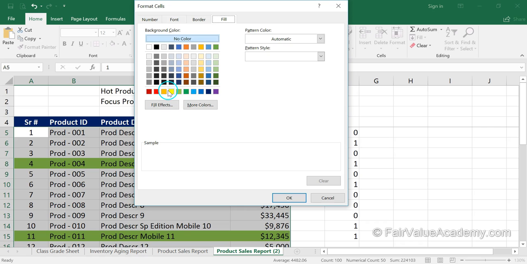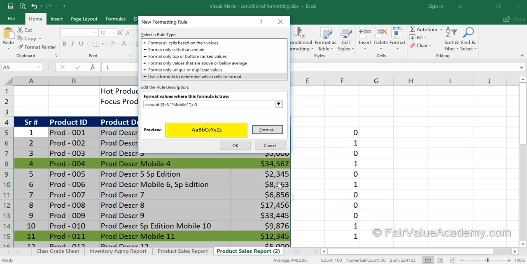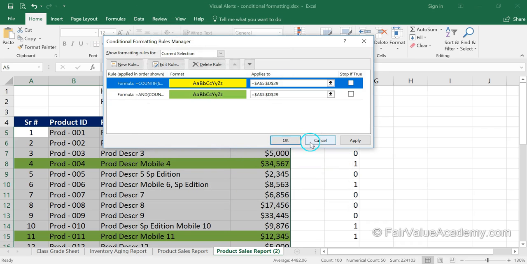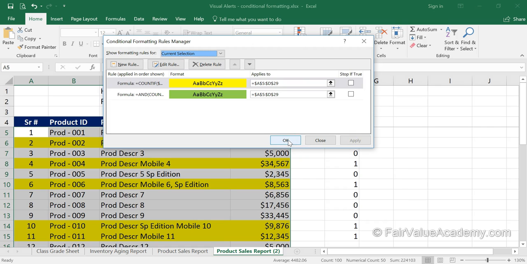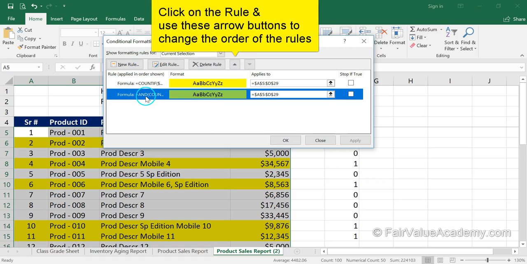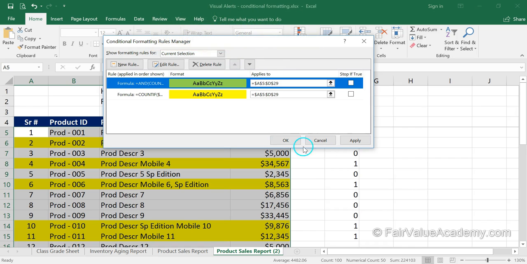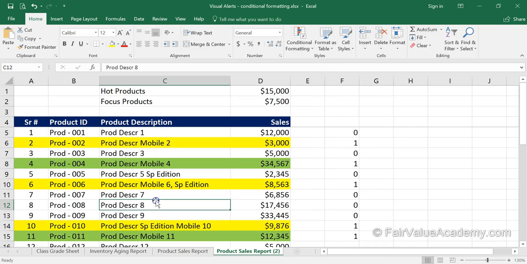We are going to format this with yellow and click OK and apply. So all of these rows have become yellow wherever mobile is present. What we are going to do is bring this second rule up by using this arrow key and apply.